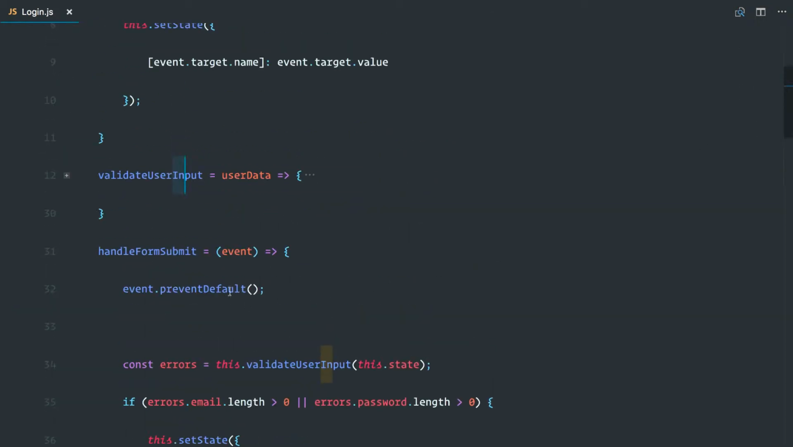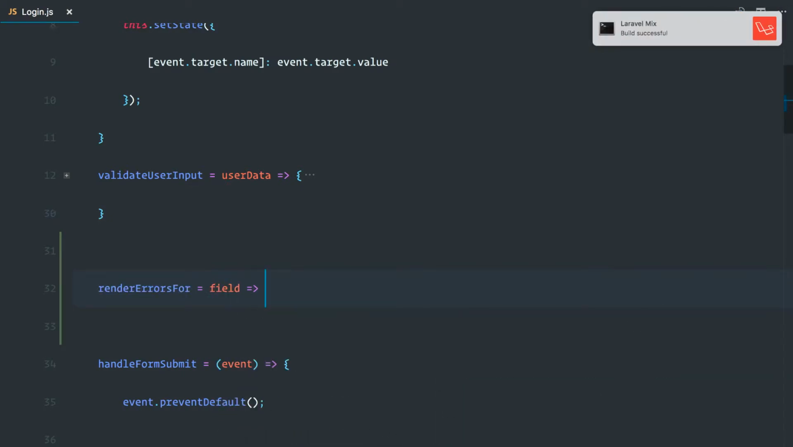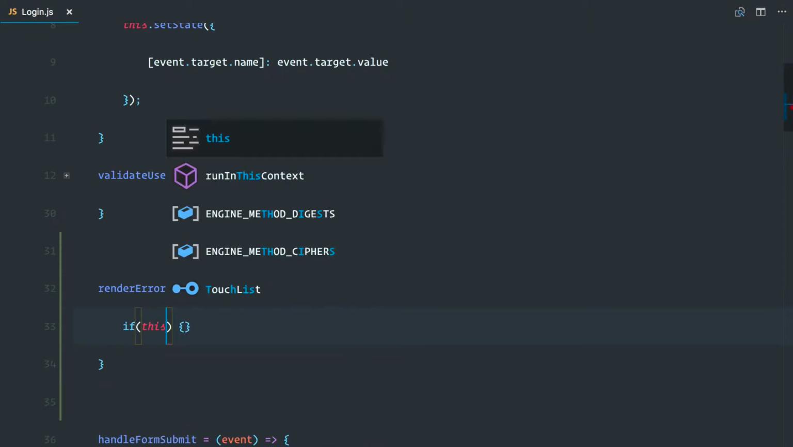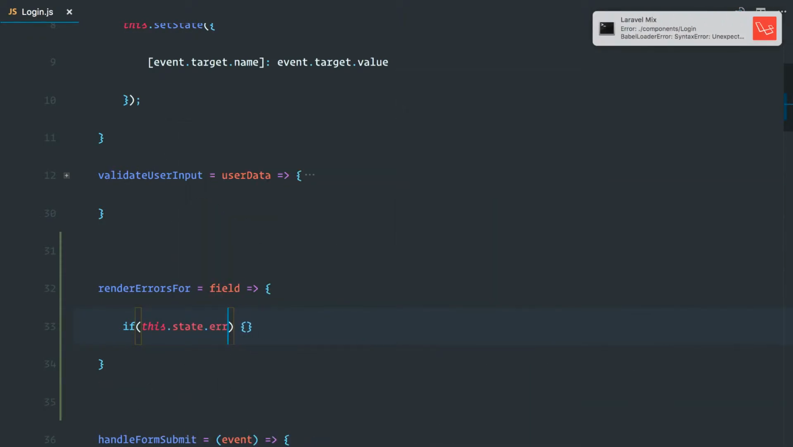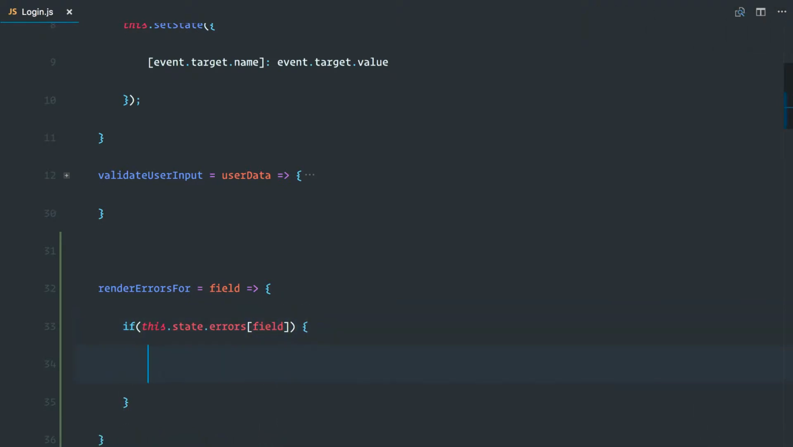We're going to create a function called renderErrorsFor, and this is going to take in the field that we want to render errors for, and then it's just going to print out some errors for that specific field. Okay, so the first thing we're going to do is check if there are errors for that field. So if this.state.errors, which is an object, and then we're going to pass in field, so we're checking if that specific field